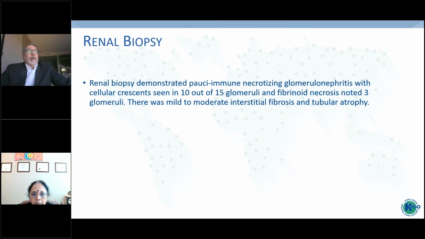The question of Avacopan is really relevant because she does have comorbidities, and of course, a lot of the infectious complication early on is due to the glucocorticoid. So I like that idea very much. I'll throw out one other thing that may become relevant as we discuss Avacopan further, is this idea that in the ADVOCATE trial, the patients who really benefited GFR-wise were those with severely impaired GFR.